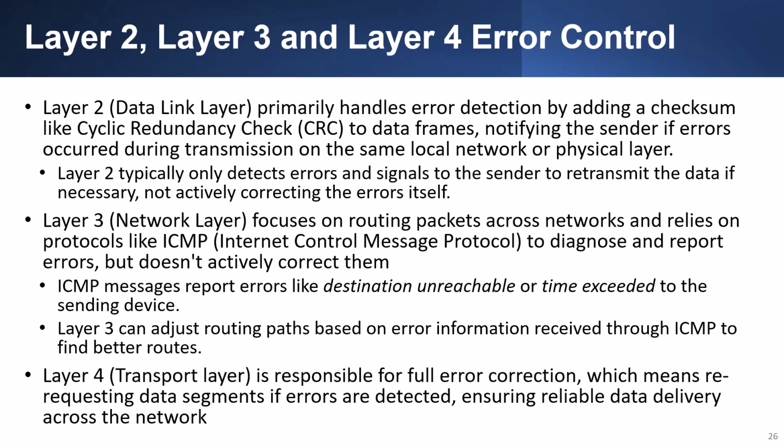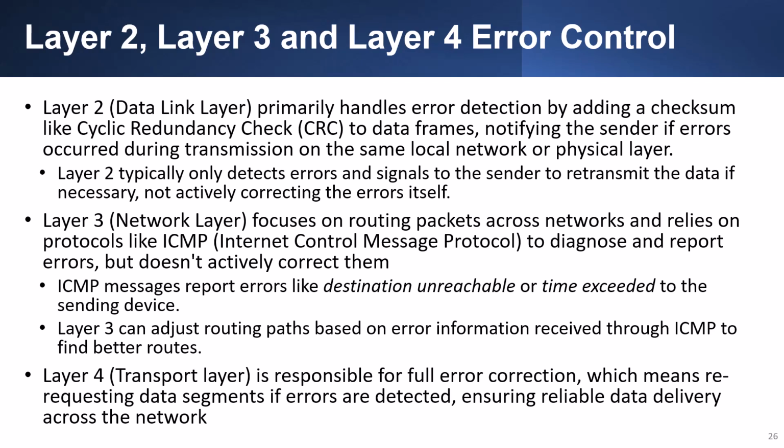The Layer 2 data link layer primarily handles error detection by adding a checksum like a cyclic redundancy check to data frames, notifying the sender if errors occurred during transmission on the same local network or physical layer. Layer 2 typically only detects errors and signals to the sender to retransmit the data if necessary, not actively correcting